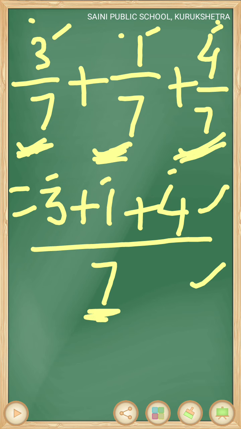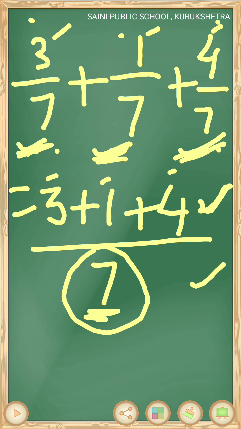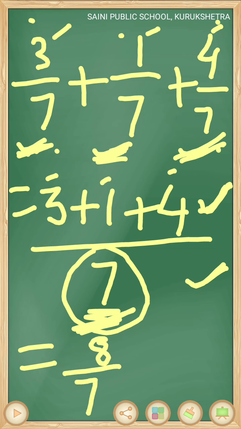So we will write 7 here. We will not add these 3 denominators, we will write only 7, the given denominator, but we will add the numerators because the numerators are different. We will add only numerators. We will not add these 7s. We will only write 7 here. Clear? So the answer will become 3 plus 1 is 4, 4 plus 4, you can count on your fingers, is 8, that is 8 by 7. So the answer will be 8 by 7. The denominator will always be the same as the given denominator.